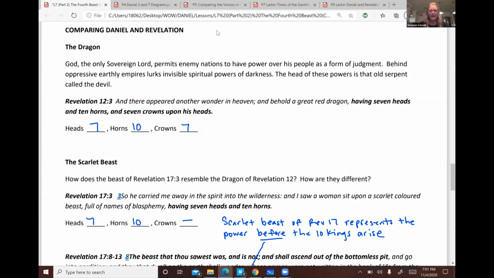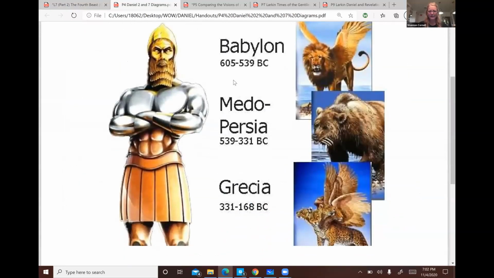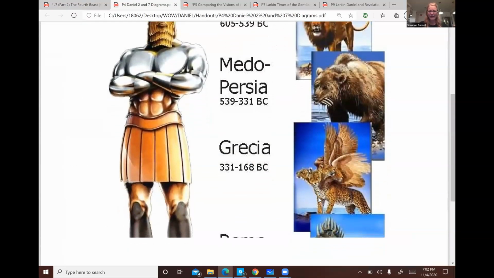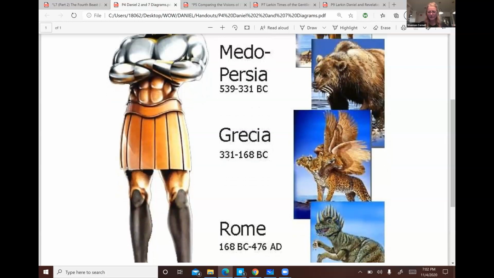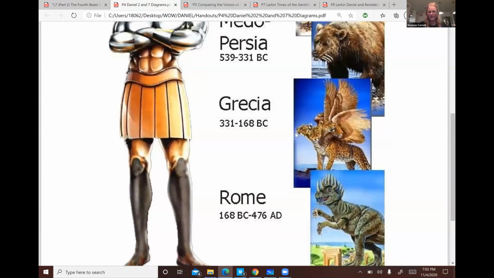Okay. Now, if we go back to Daniel's visions, Daniel had a vision of 4 beasts. And what's interesting is that if you count the heads of Daniel's 4 beasts, you're going to get 7 heads. 1 from the lion, 1 from the bear, that's 2. You've got 4 on the leopard, so that's 3, 4, 5, 6, and then 1 on the 4th beast. So Daniel's distinct, separate, discrete beasts, if we put them all together, there's 7 heads there. And Daniel's 4th beast has 10 horns.